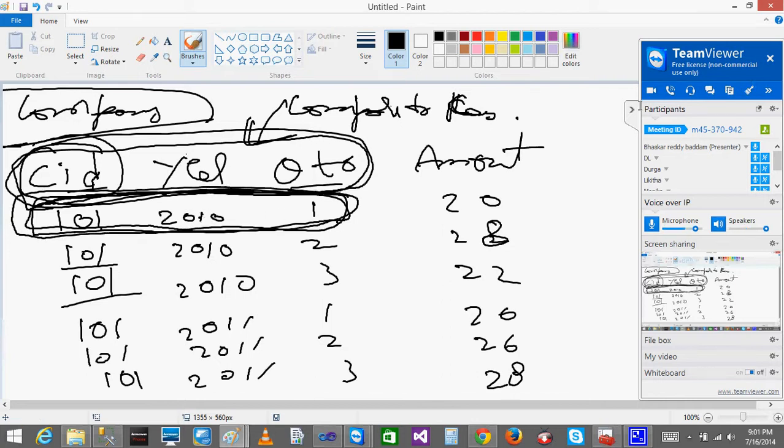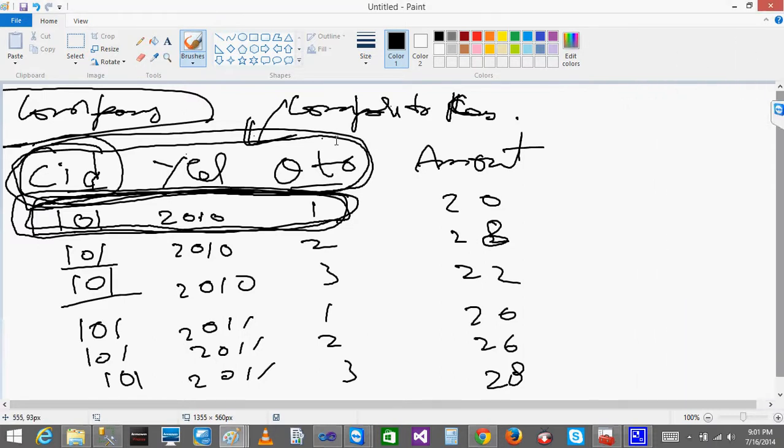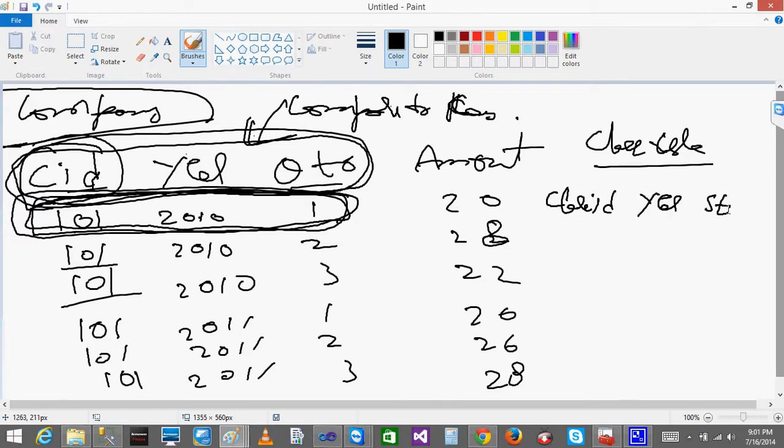Okay, we can take one more example. Let's take a class table. In the class table I have class ID, year, which year the classes are scheduled, and which students are registered. What will be the primary key here?